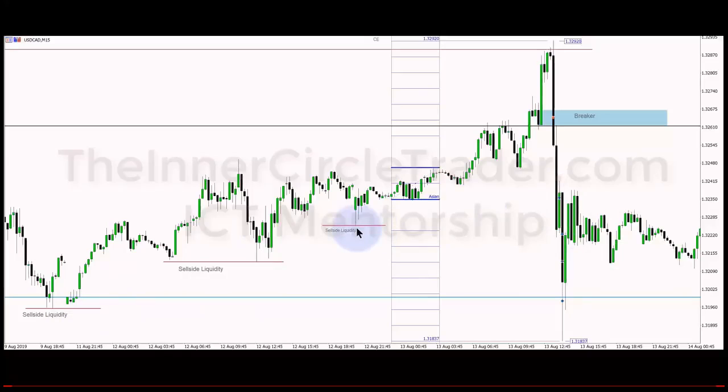Sellers, okay, I'm buying back some of my short that I put in here. I bought some back below the Asian range. I bought some back below the liquidity pool. I bought more below the rejection block. I don't care about that last little bit, even though I had this level and this level and this level as a potential level it could reach down to.